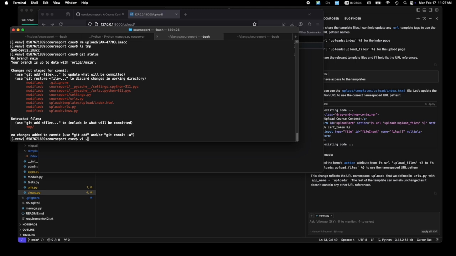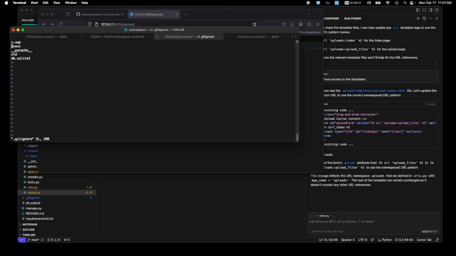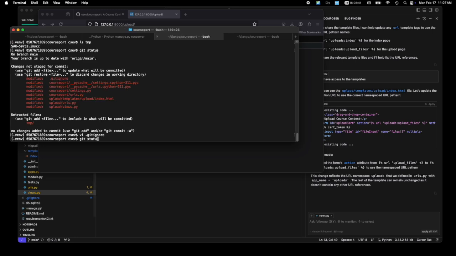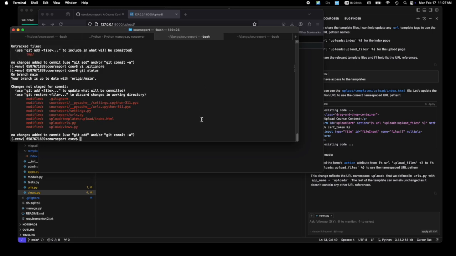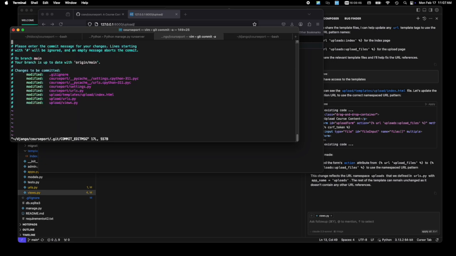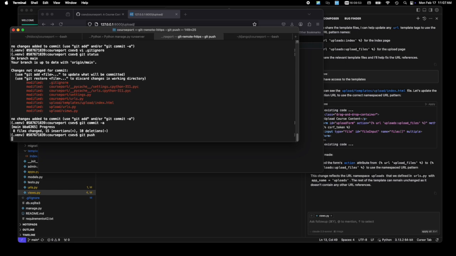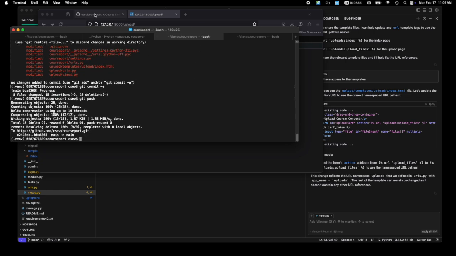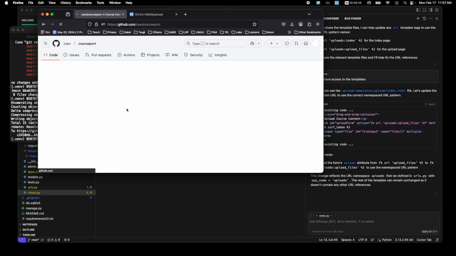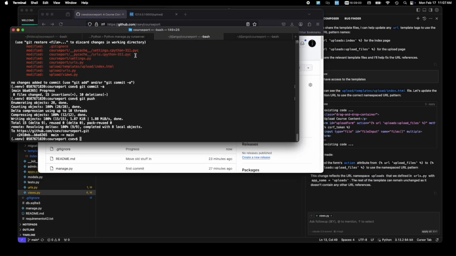Okay. Git ignore. Temp. Git status. Okay. Git commit. Let me say progress. Git push. Okay, where are we at? We're making progress. Okay, so now I think our next thing to do is